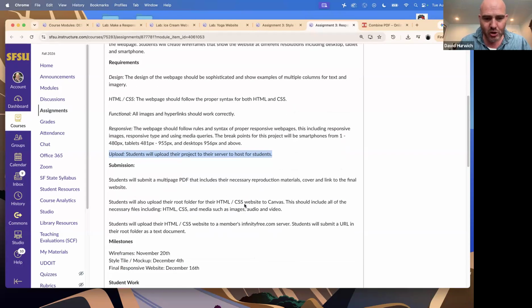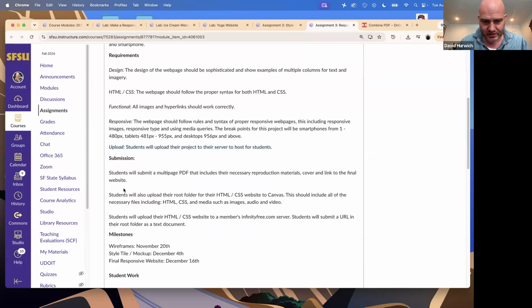So when you submit this, as per usual, you're going to give me a root folder. The root folder contains all of the necessary files that I would need. That includes the HTML file, CSS files if there's multiple, any images that I need, audio, video, if there are any, that kind of stuff. Like with other projects,